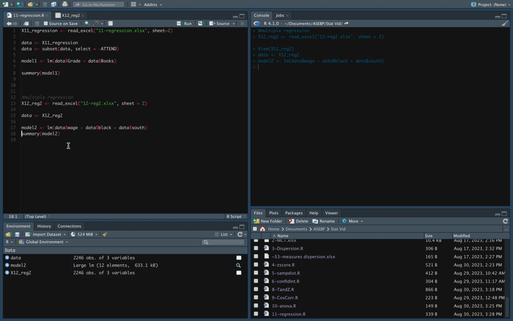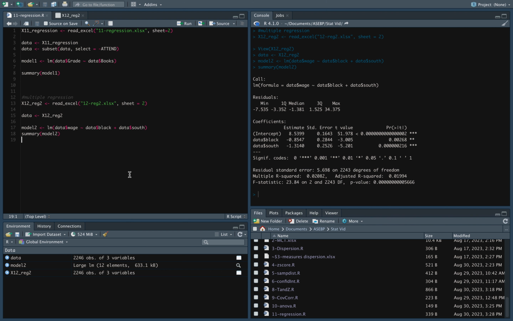And if we run the summary command on model2, it will bring up our whole summary of the regression and our multiple variables, and we can see that being black and being from the South both impact hourly wage rate in a significant way. And we can see from the estimates that they are negative. And so we can determine that the relationship between being black and hourly wage is a negative relationship, meaning the way that we interpret this is